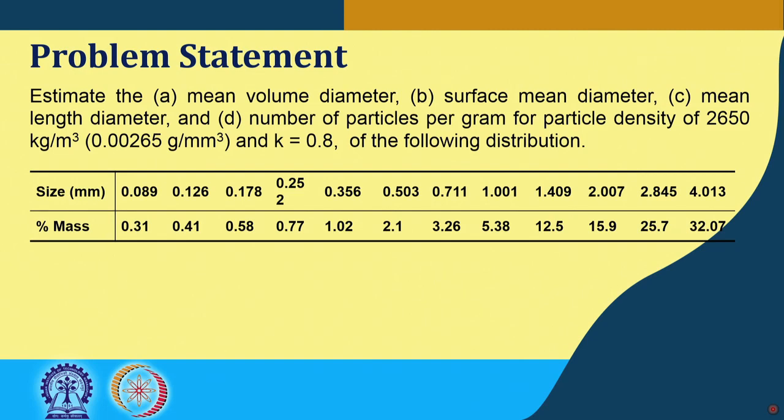In this table, on the first row we have sizes given, and in the second row the percentage mass distribution is provided. So, for a particular size there is a different percentage of mass fraction that we have got from some sample. So, the question is, from this given data how do we calculate the mean volume diameter, surface mean diameter, mean